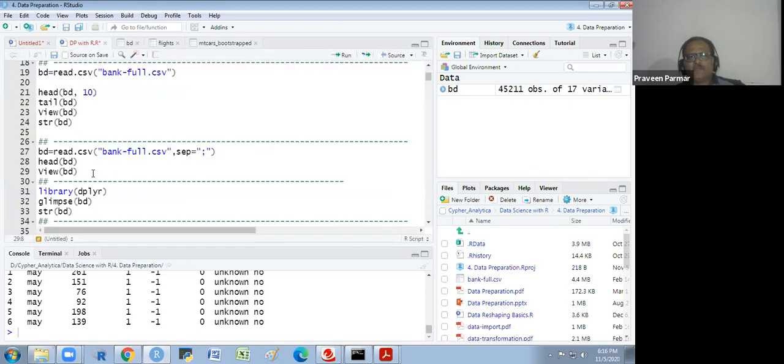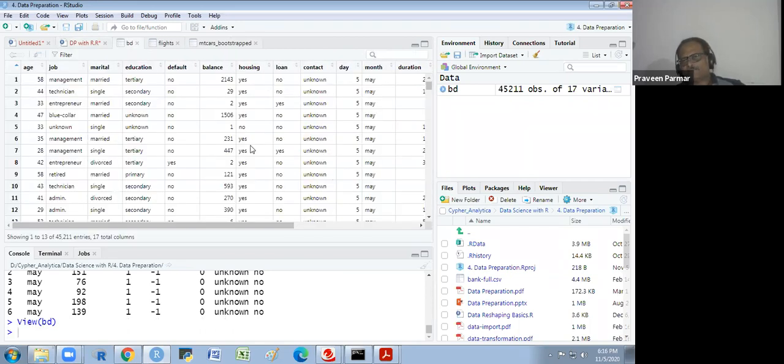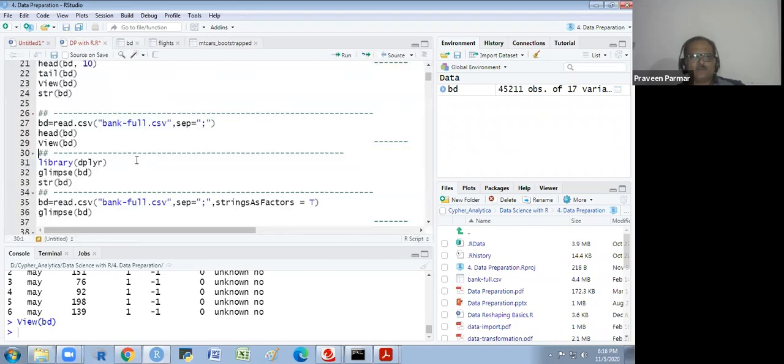If I remove this and use View, either I could click here or I could write the command also. So you see, I'm getting it. The same process, the same thing you will get over there.